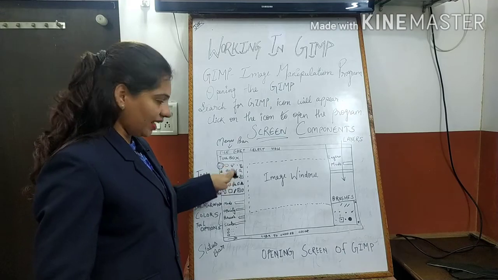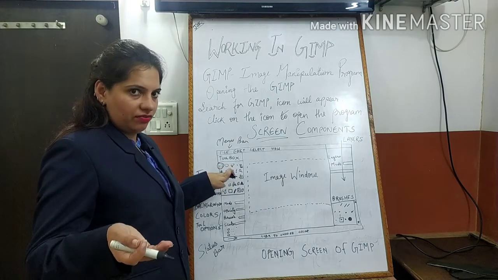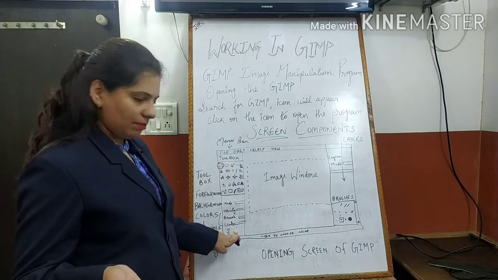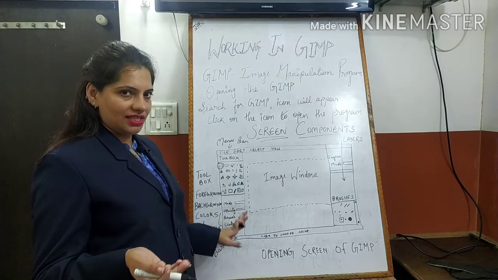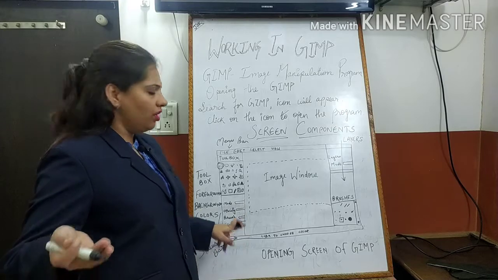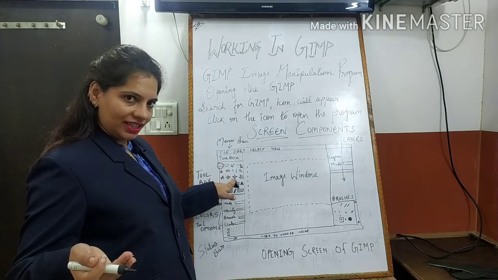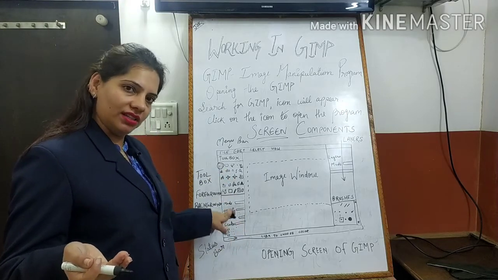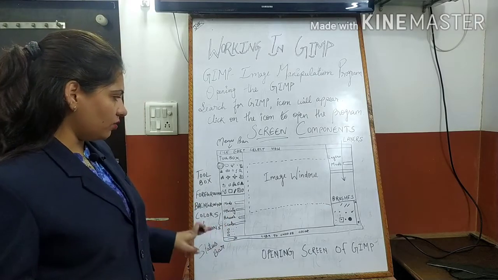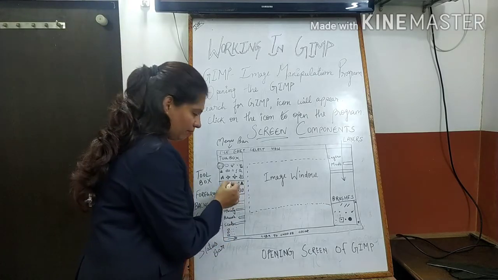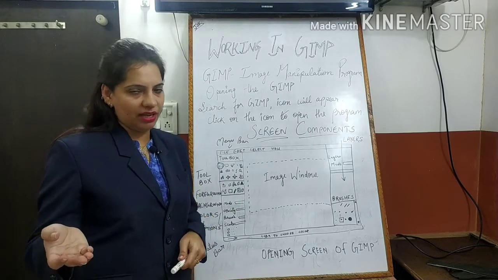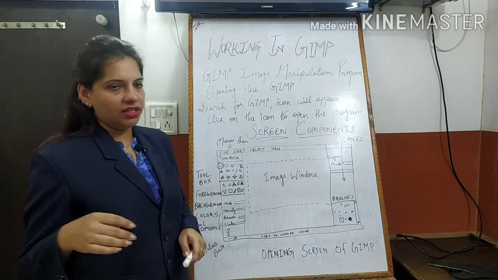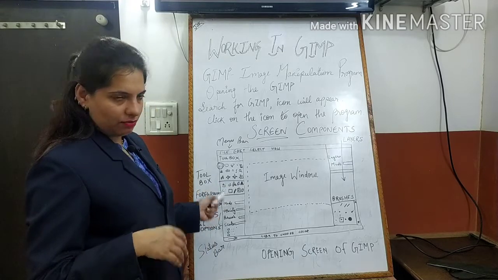So if you select any of the tools, the different sub options under the tool will appear here as tool options. Then you can go for the colors, opacity, gradients, different things you want to do. You have to click here, select any option, and more you will get down in this area. That is tool options. Okay. And these are the background and foreground color. If you want to change the background color or the foreground color, you can change it by filling these colors from here.